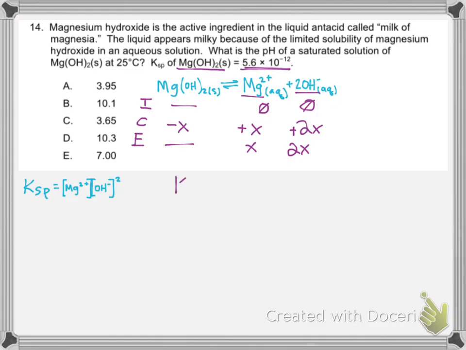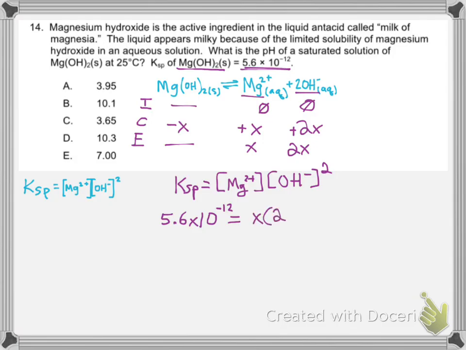The next thing we're going to do is write out our equilibrium expression. So Ksp is going to be equal to the concentration of magnesium 2+ cation times the hydroxide anion squared. We'll plug in our values. So our Ksp, 5.6 times 10 to the negative 12th, is equal to x times 2x squared. So remember, we have to square both the 2 and the x, so this collectively becomes 4x squared, and then we multiply that by x, and so this all ends up becoming